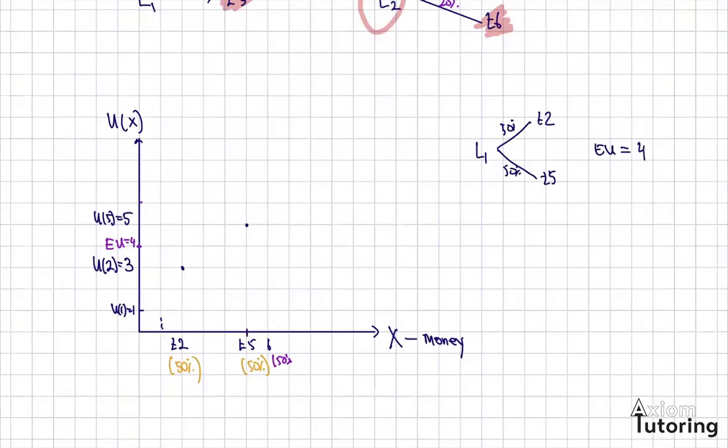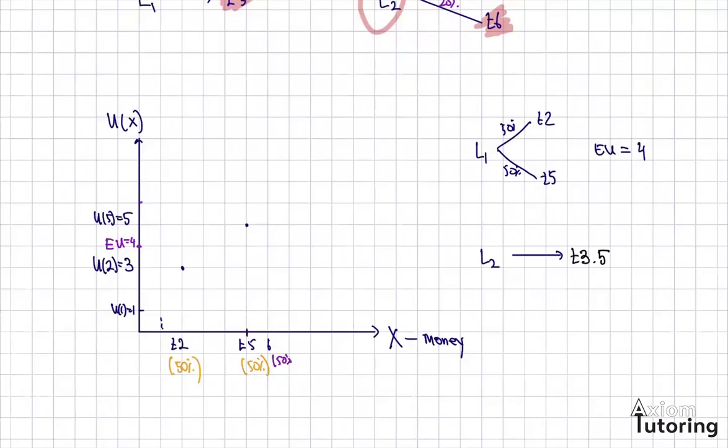And now imagine that I give you a new lottery. But before I give you this new lottery, I'm not picking that number randomly. The number that I'm picking is the expected value that you're going to get. So if you get 2, 50% of the time, 5, 50% of the time, the expected value would be a simple average. So 5 plus 2, 7, divided by 2, 3.5. So now imagine that I give you something for sure that gives you 3.5